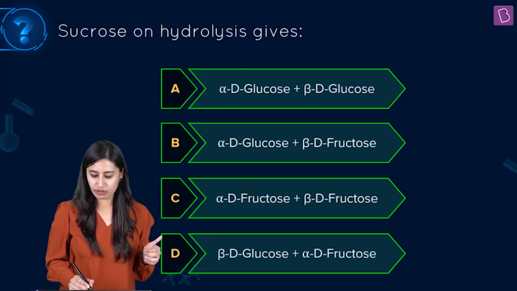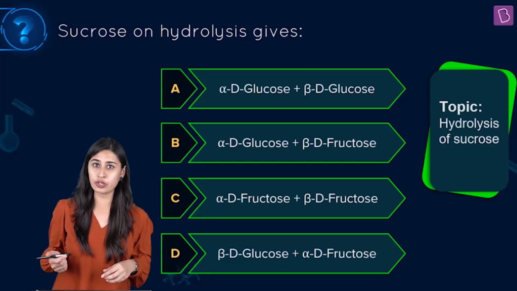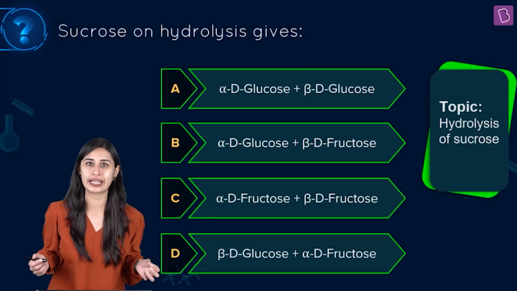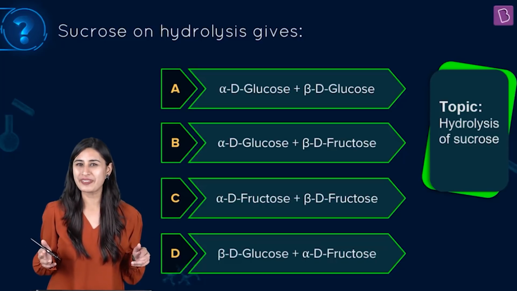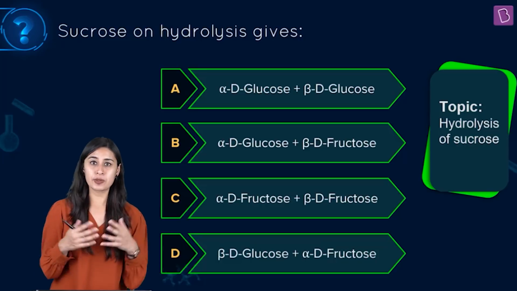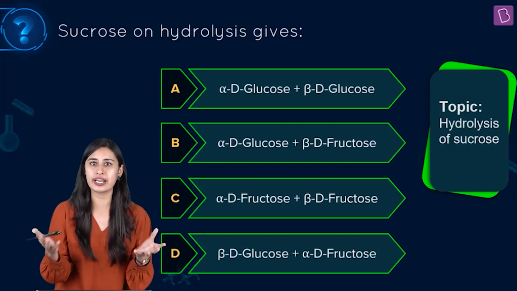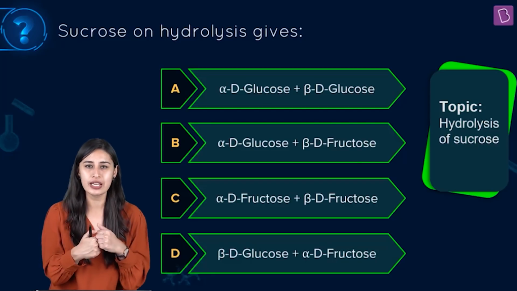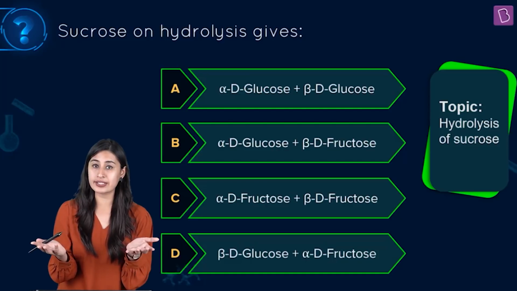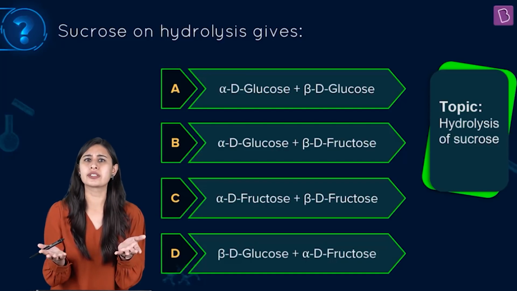So, the question is from the hydrolysis of sucrose. Sucrose, like you already know, the word has come from the French word sucre, which means sugar. And yes, this carbohydrate, this disaccharide, is produced naturally by plants, and once we refine that sugar, what we get is the table sugar, right? So sucrose on hydrolysis gives you monosaccharides, and the details about those monosaccharides is what is asked.